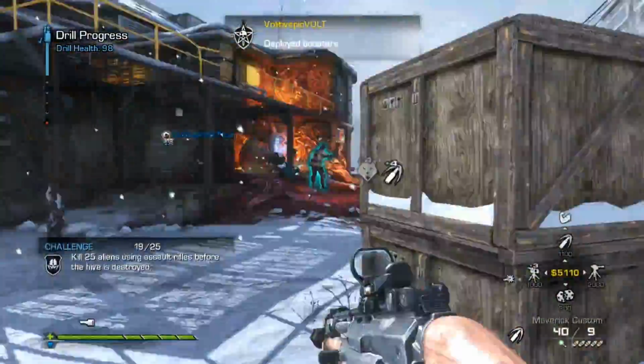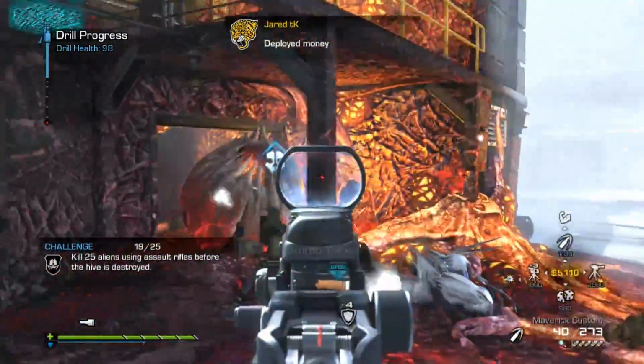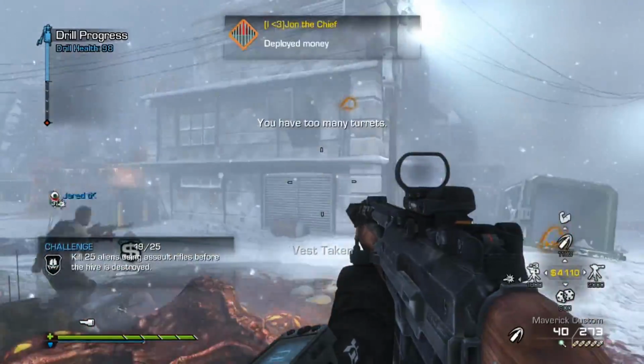Team boosters deployed. Deploy body armor. IMS online. We've got hostiles on